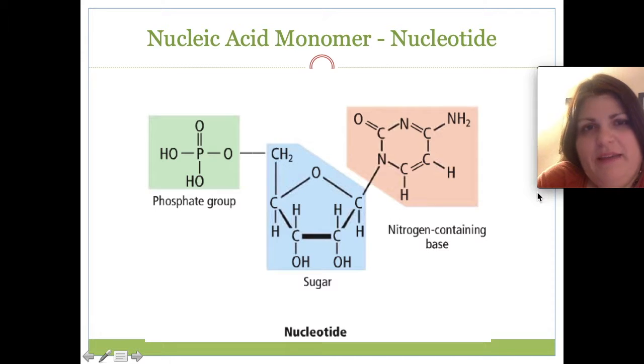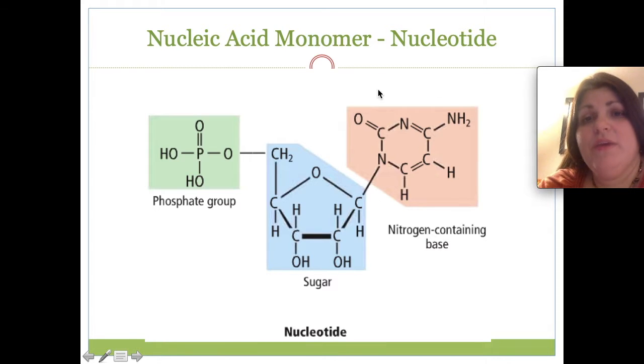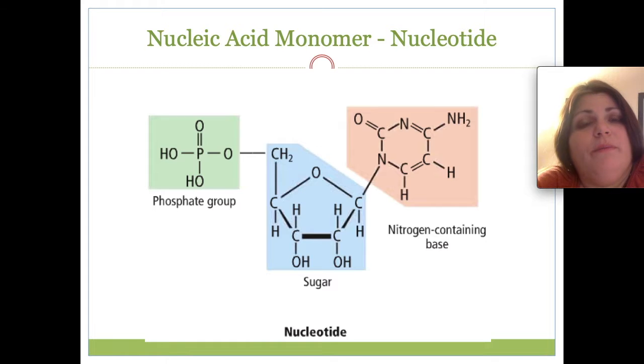You learned about what acids and bases were in our last section. We're not going to worry about it now, but simply that they are a nitrogen-containing ring. Sometimes there's 2 rings, sometimes there's 1 ring, but this is our basic monomer building block of a nucleotide. You may recognize the name of the sugar, deoxyribose. If we put it all together, deoxyribonucleic acid, often known by its abbreviation DNA, is the most familiar